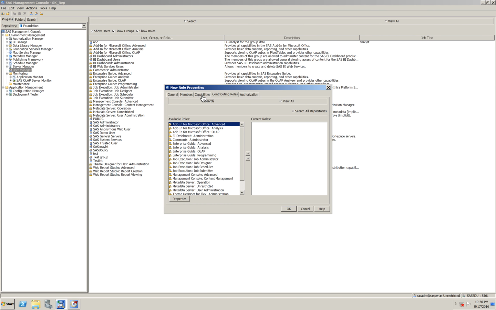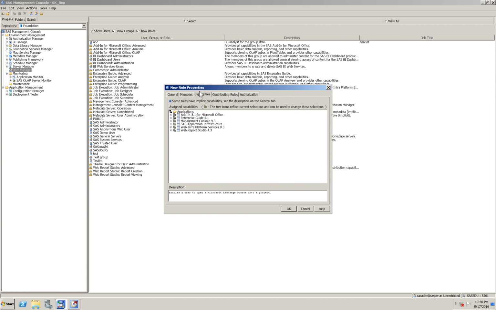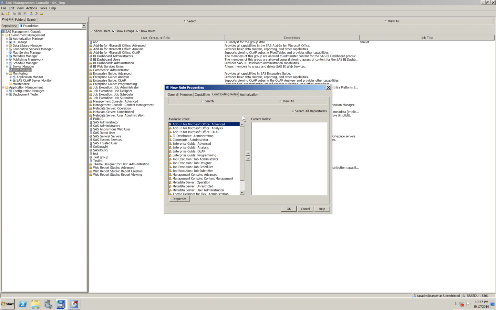Okay, we have understood the capabilities tab, right? Yeah, understood capabilities. Just wanted to know the difference between capabilities and contributing roles. Yeah. Here, the contributing roles are like if you have added a few more options in the capabilities, those things need to be added in these roles. For example,